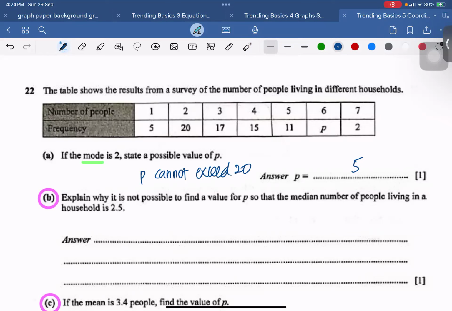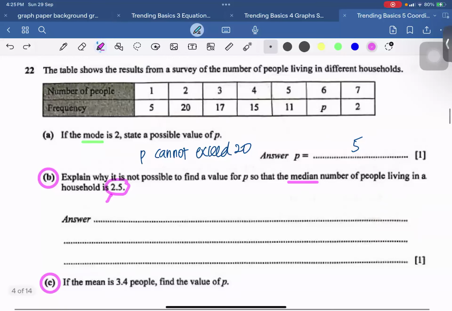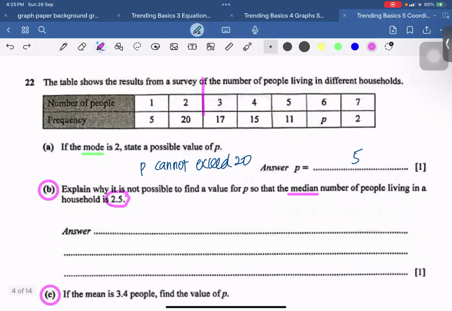Next, explain why it is not possible to find a value P so that the median is 2.5. What is a median? The median is the number of people right in the middle. 2.5 means it's in between the number 2 and the number 3. So if I cut it in the middle, I need my left-hand side and right-hand side to balance with each other. On my left-hand side, 5 plus 20 is 25,